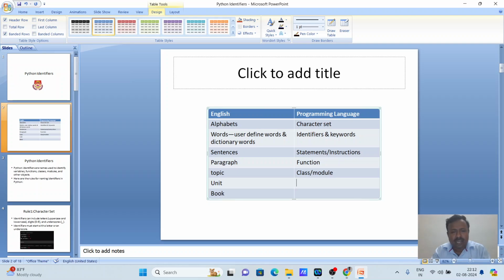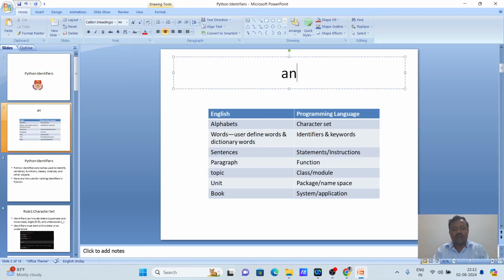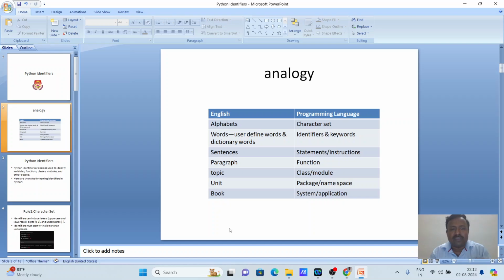Now when it comes to a unit, here we call it a package or namespace. Package or namespace. Here we call it a book. Here we call it a system or application. So this is the pure analogy between the language which we are learning. The same thing I have done is I am mapping with the programming languages which we are learning in this